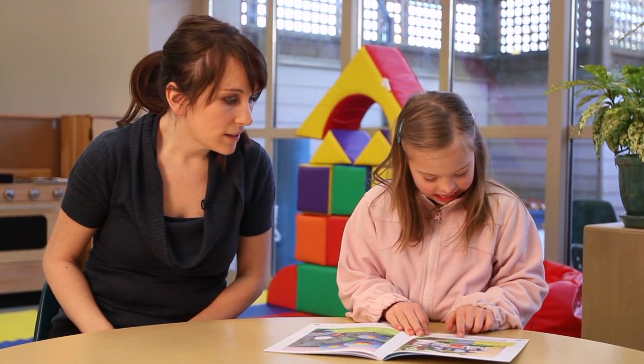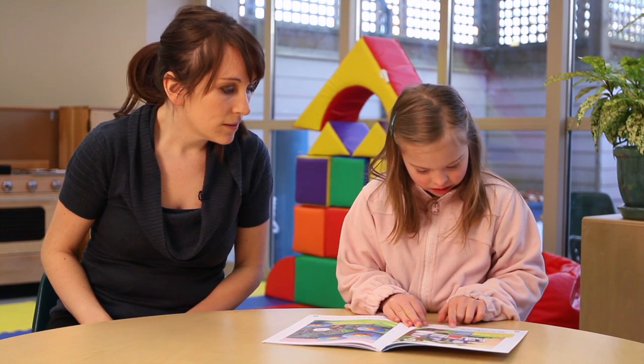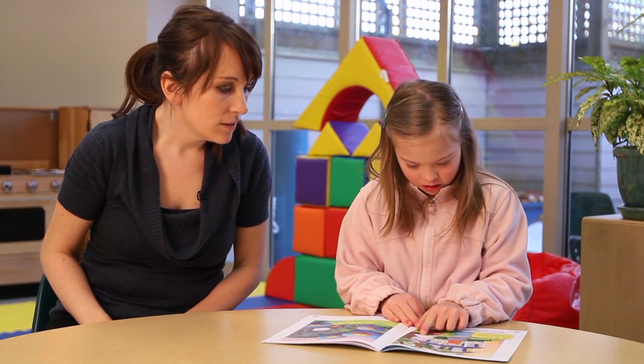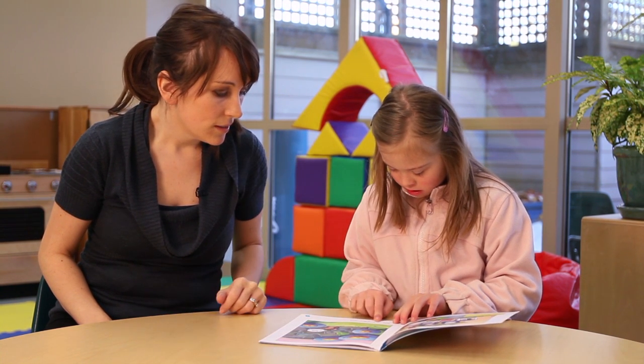It's a house too big for a mouse. Too big for a house. Too